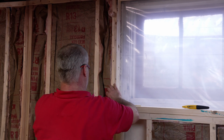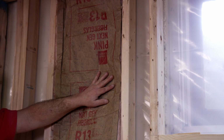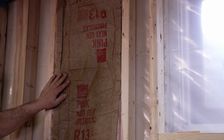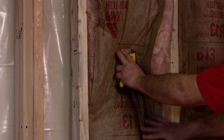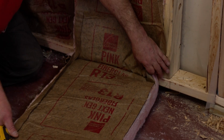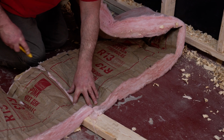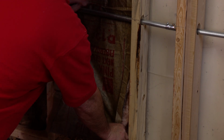Insulating is fairly straightforward. The rolled insulation width is meant to fit inside of a 16 on center framing, meaning the center of the studs are 16 inches apart. Roll out your insulation to the length of your framed wall and use a sharp utility knife to cut the insulation to size. Take that insulation and stuff it into the framing, and be sure to tuck the insulation behind